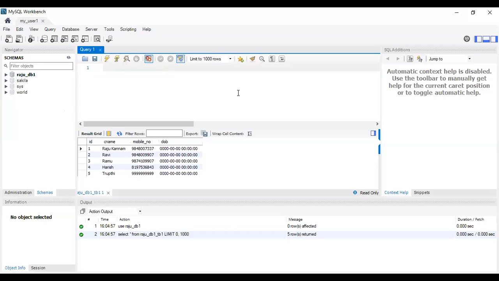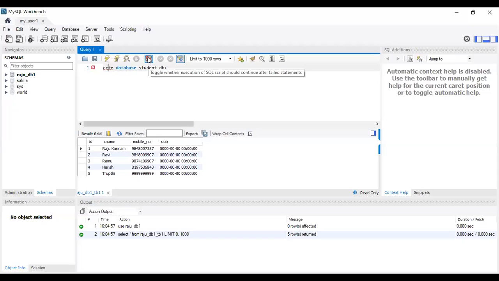Yes, create database and your database name. Create database Raju_DB2. Or what we will do is we'll create student_DB.